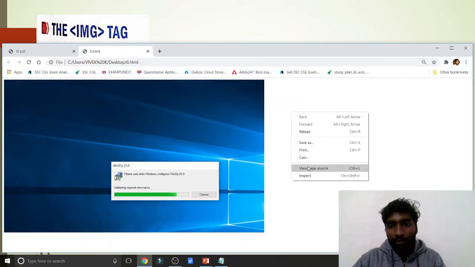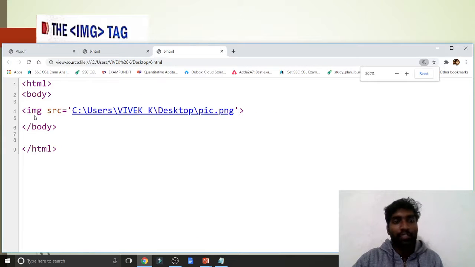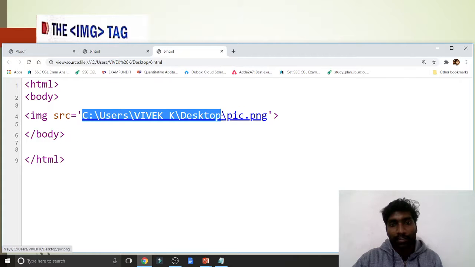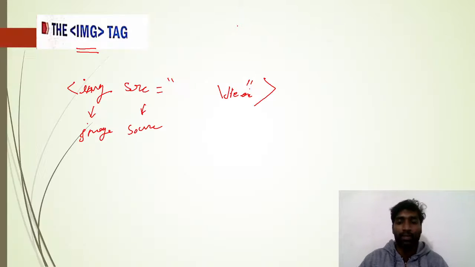Just right click and view the page source. You can see this is the tag written by us. After the location, this is the file name with extension. No need to go into that, we already saw it in an online class.